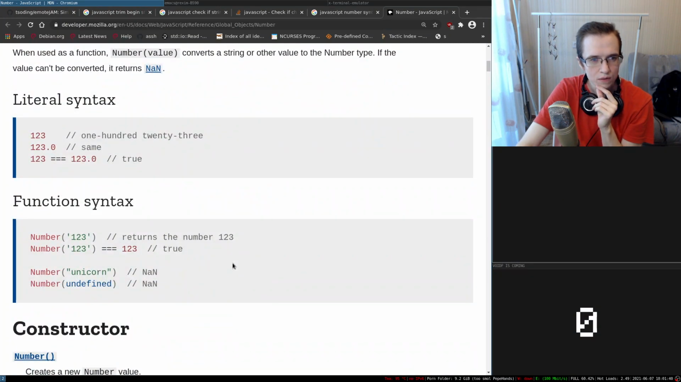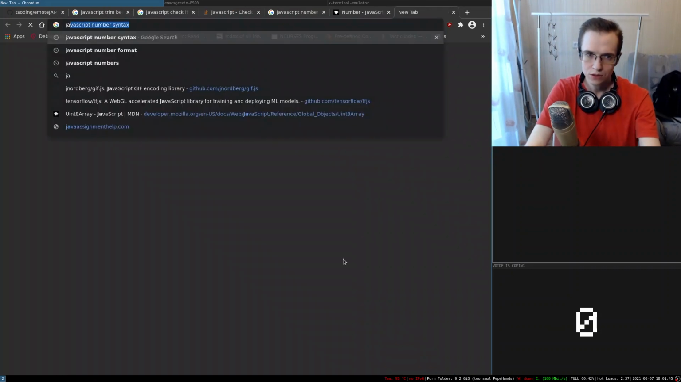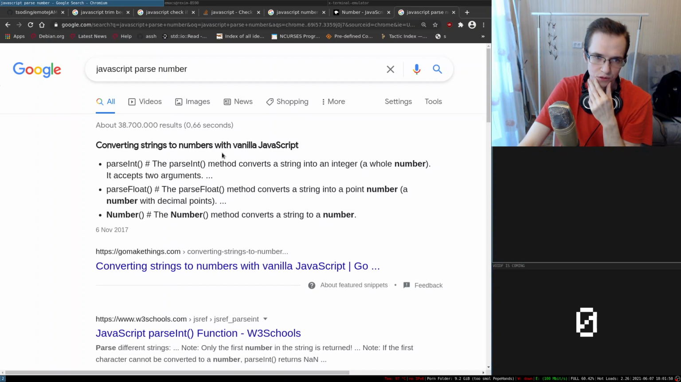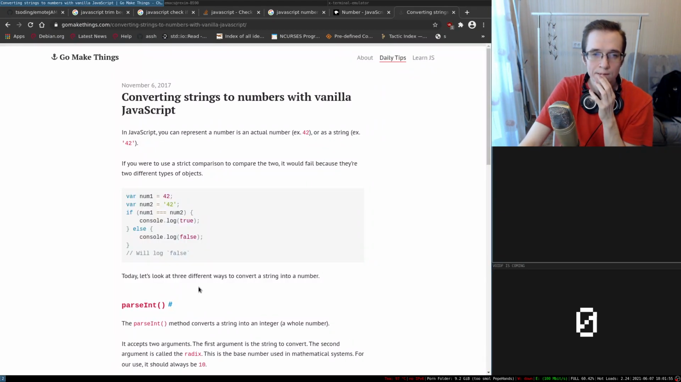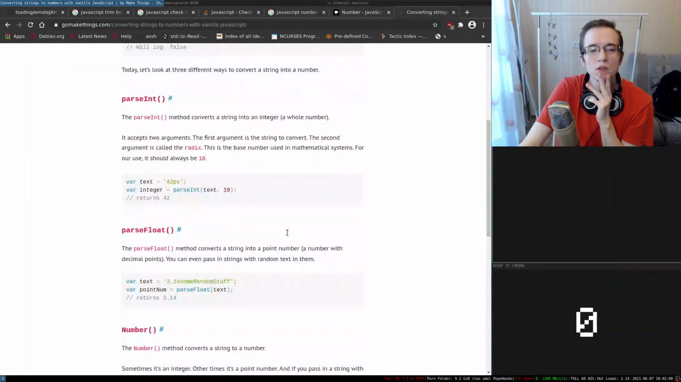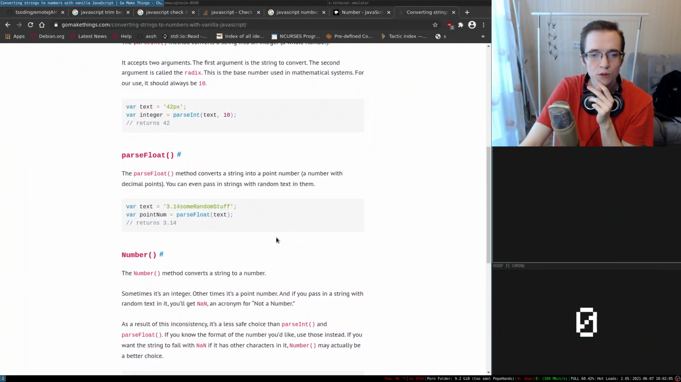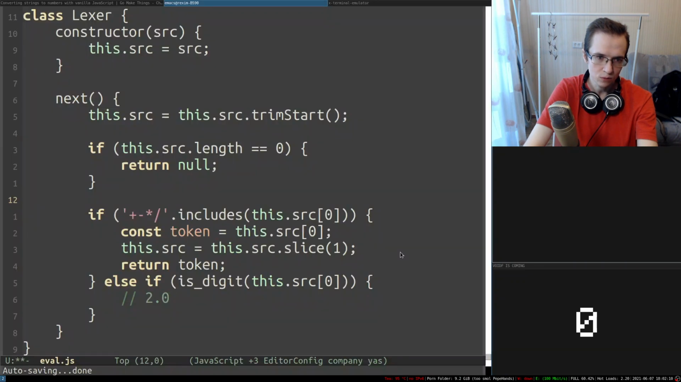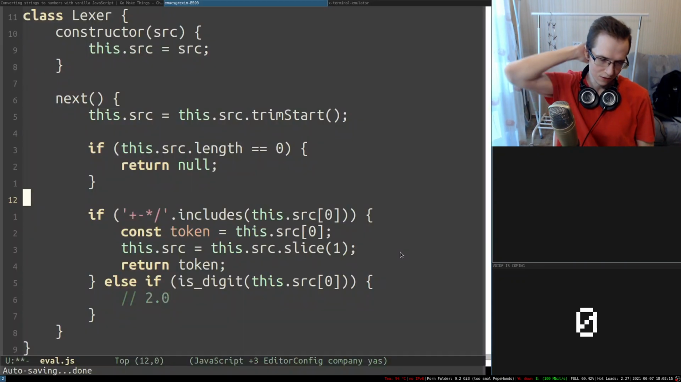All right. Oh, and I know that in JavaScript you can parse a number. How do you parse a number from a string? Convert a string to numbers with vanilla JavaScript. All right. You can use parseInt. The Number method converts a string to a number. Okay, so if I have Number of 0b01, it can recognize any of the numbers. All right, that's cool. So what I'm thinking is that